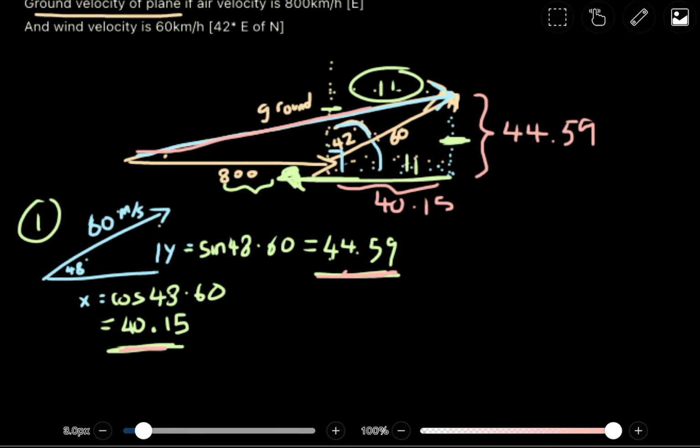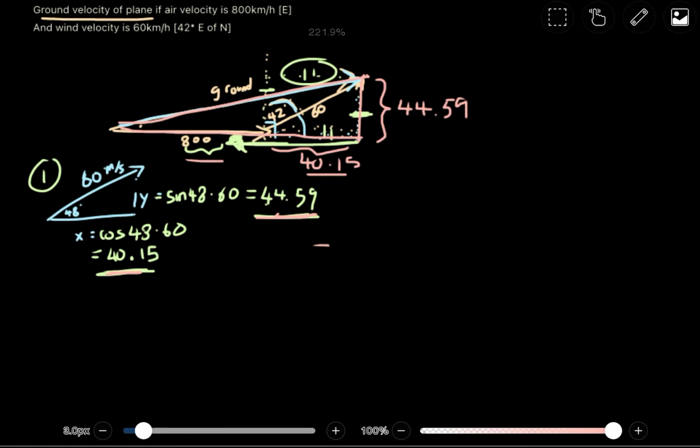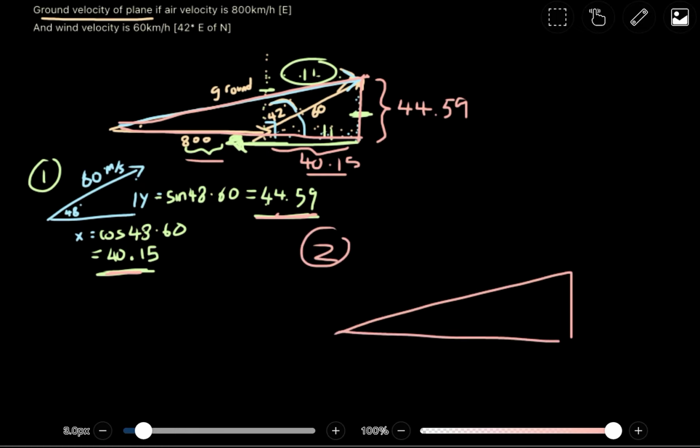Since we're looking for this long hypotenuse, we just got the entire y component and x component of the hypotenuse, because we have this and this. You see where I'm coming from? This is going to be 800 plus 40.15. This part is going to be